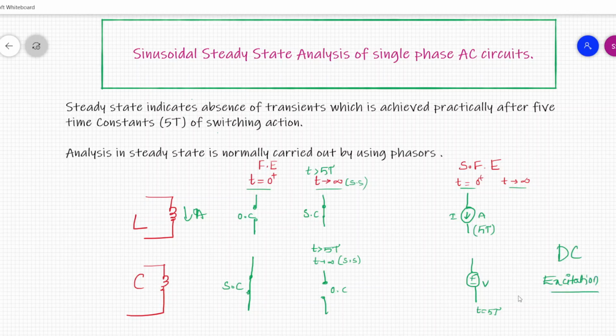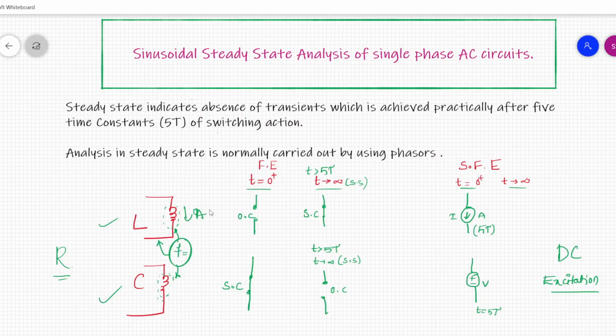Now we are going to see the behavior of this inductor and capacitor in comparison with resistor. Here we are going to see the real effect of this inductor and capacitor in AC circuits. This will create more chaos actually, because there is an extra term that we are going to get, that is frequency. So this frequency and the capacitor's and inductor's properties will be studied here.